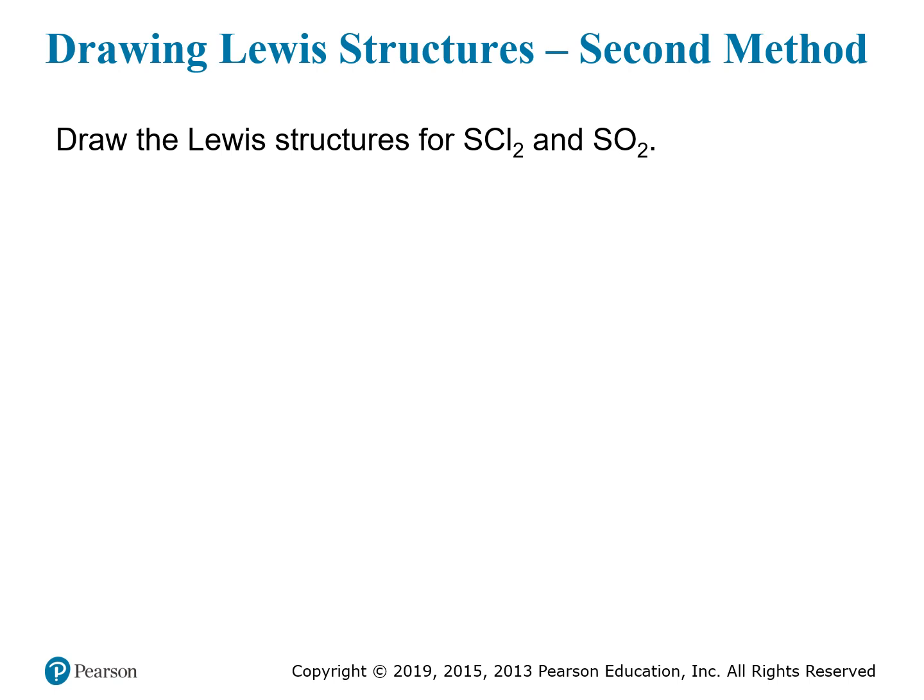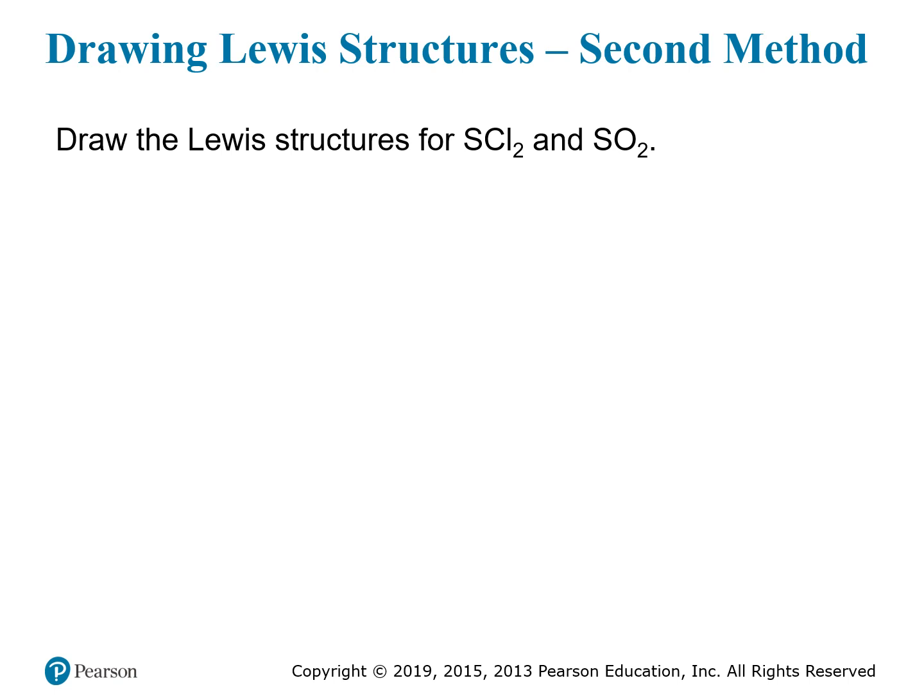Let's do a couple more examples of using the second method to draw a Lewis diagram using that step-by-step process. Here we want to draw the Lewis structures for SCl2 and SO2. That's sulfur dichloride and sulfur dioxide, 2 sulfur compounds. They look similar at first. You have sulfur connected to 2 other atoms, but we're going to see that they're a little bit different and